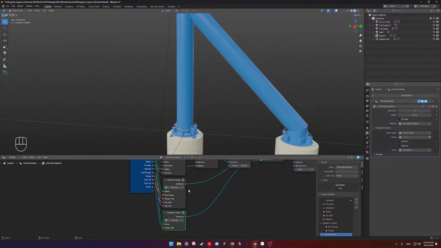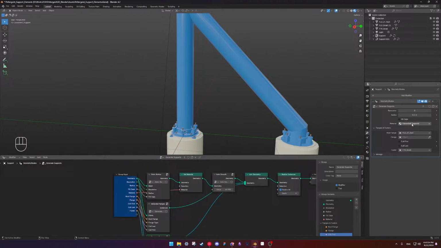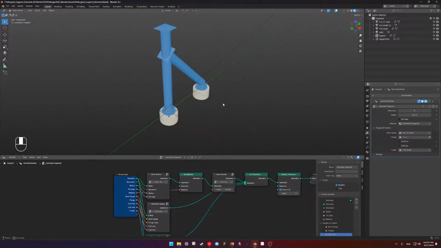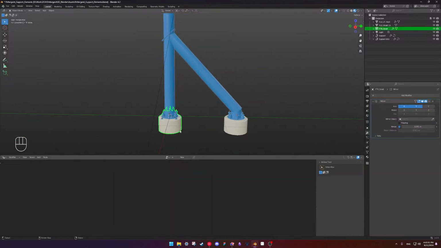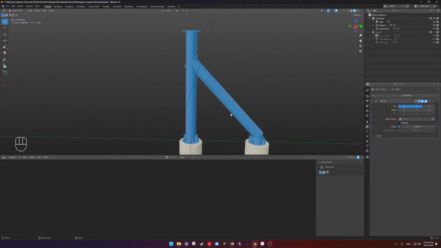So the material is going to be material there. And then this new collection, let's call this assets. We're going to move all of this in there. Hide our assets. Okay.